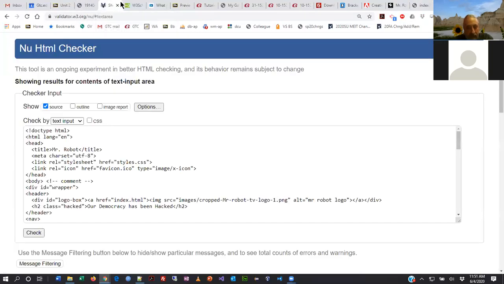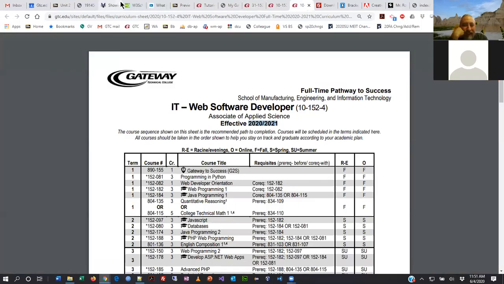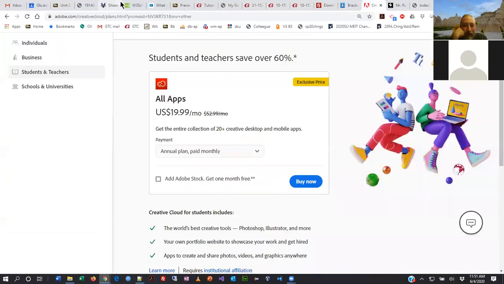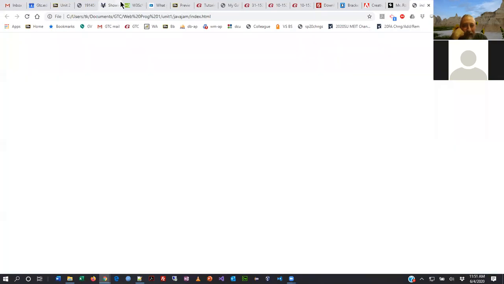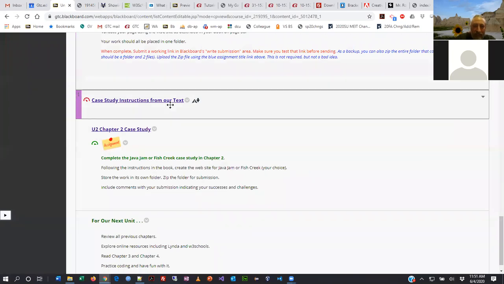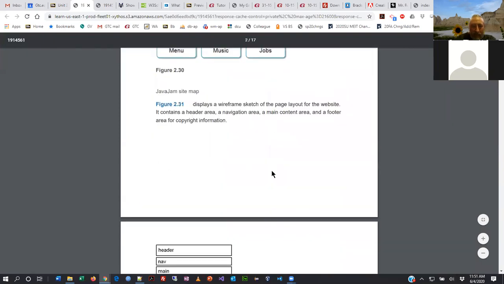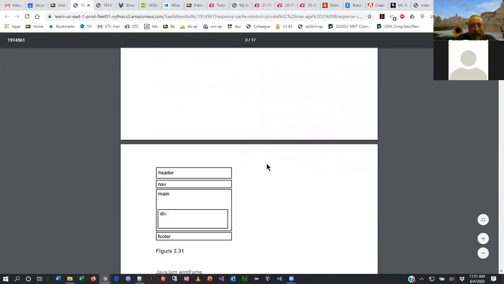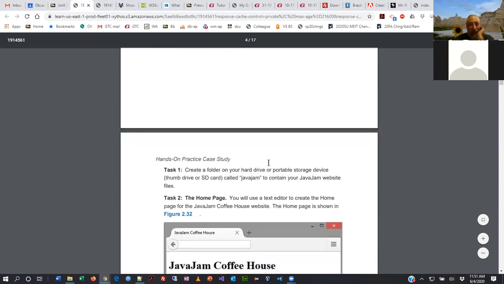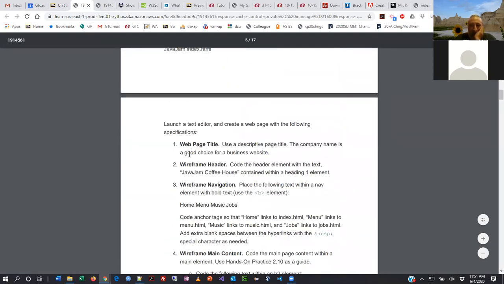Let's see if we can find the instructions. Where the heck did they go? See how much stuff we've covered today. All right. Not sure where it went, but I guess I'll just click on it again and open it up. Apparently it was right there. One more click would have got me there, see? So always be patient. All right, so launch a text editor and create a web page with the